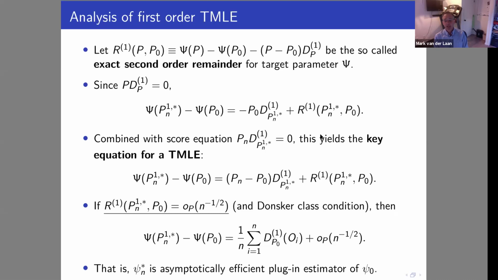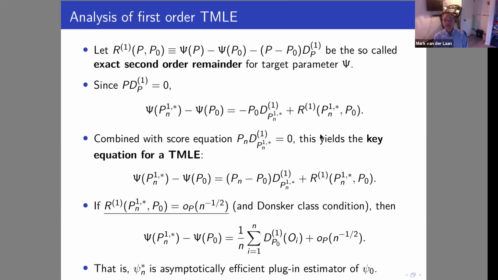So now you add that on, and you get this key equation for the TMLE, which is really in every paper we write. This is the start of the TMLE analysis, and essentially you're done by then. So you say that psi of Pn1 star, the plug-in estimator, minus psi P0 is the empirical process, Pn minus P0 applied to the canonical gradient at the TMLE, plus this second order remainder. So now, if you can show that the second order remainder is small op n to the minus half,